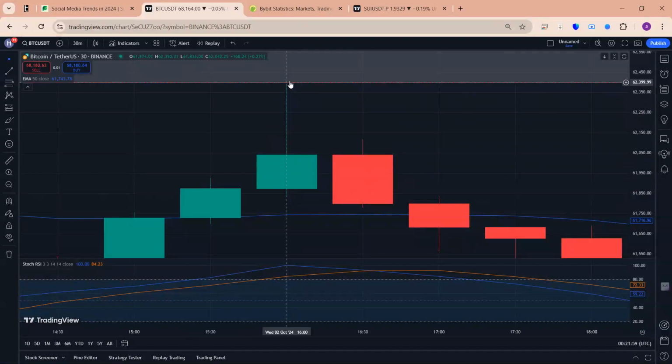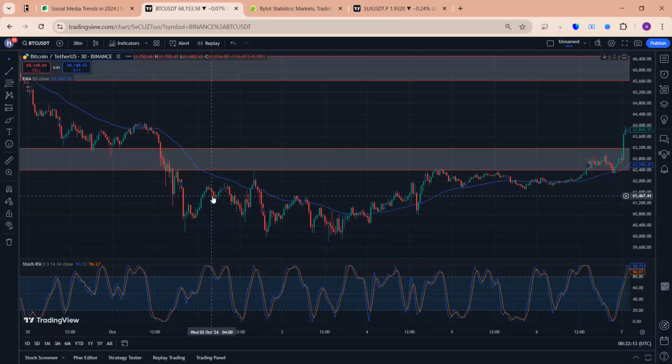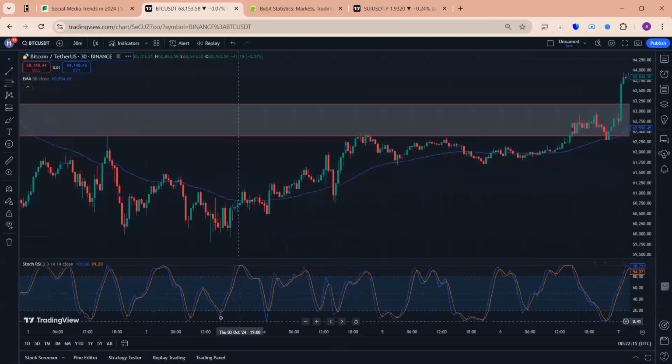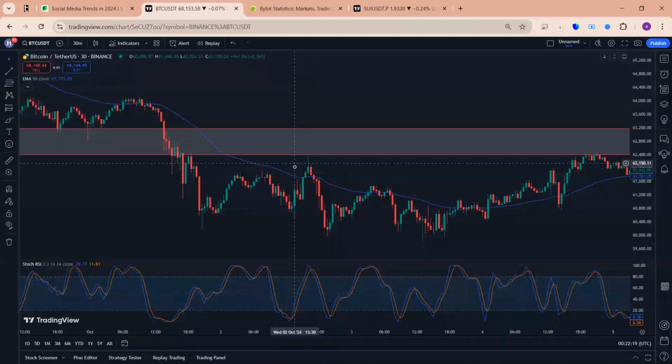You can see the wick. The wick touches our resistance here. Let me take it back. Let me just try to expand it. Take a look at it. This is the candle. You can see